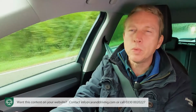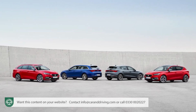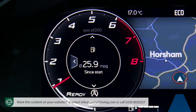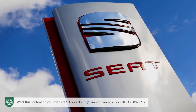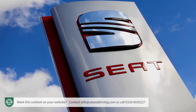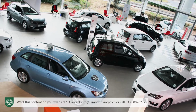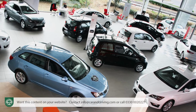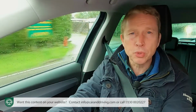What else? Well, whichever Leon variant you select, you can monitor its ongoing frugality via selectable consumption readouts on the left-hand side of the digital instrument binnacle screen. Servicing? Well, as usual with Seat models, you're looking at a garage visit every 10,000 miles or every 12 months, whichever comes sooner. At point of purchase, you can opt for a 2-year prepaid servicing plan with monthly payments that at the time of this test in autumn 2020 were affordably pitched at